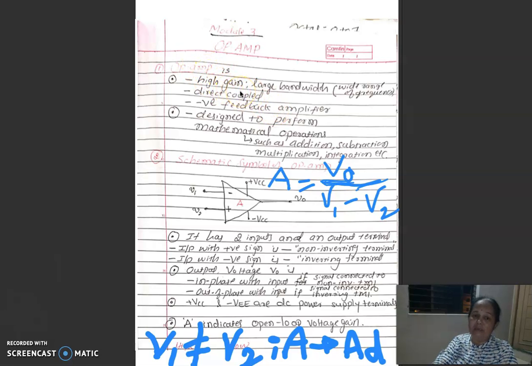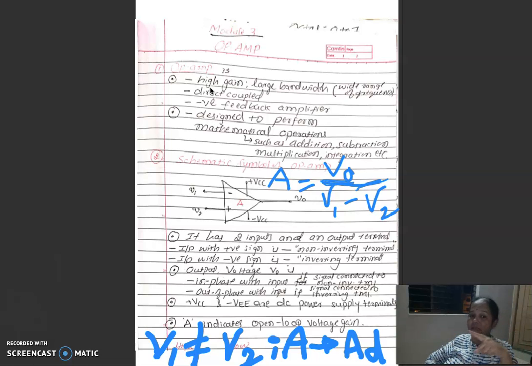Each amplifier output is provided back at the input. The output of the amplifier is provided back at the input. While providing to the input, if the portion of the output that is fed back to the input is having the same phase, we say that it is a positive feedback. Positive feedback is used in the concepts of oscillators, but here we are going to use the negative feedback. Negative feedback is going to improve the performance of the amplification.